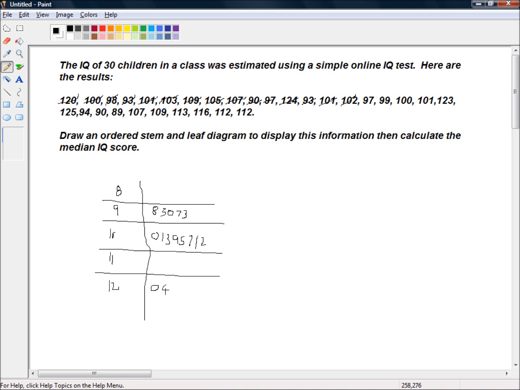97, so I write down a 7. 99, so I can write down a 9. 100, so I can write down a 0. And 101, so I'll put a 1. 123, nearly there. 125,